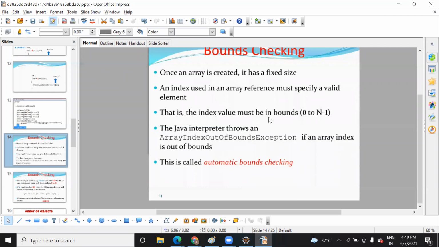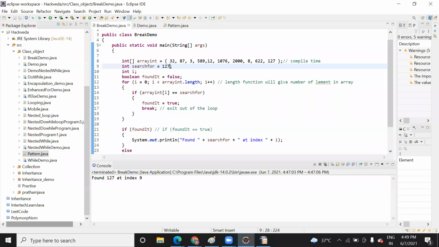In C language, you might not get any error, because it depends on whether your compiler supports it or not. But in Java, for example, let me show you one program that I have written.